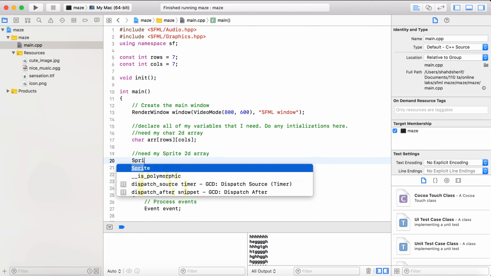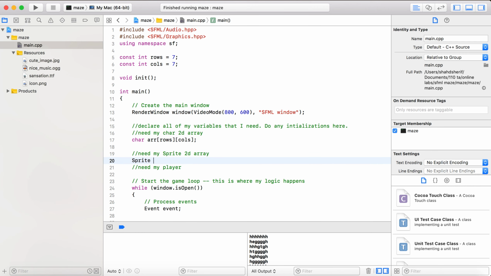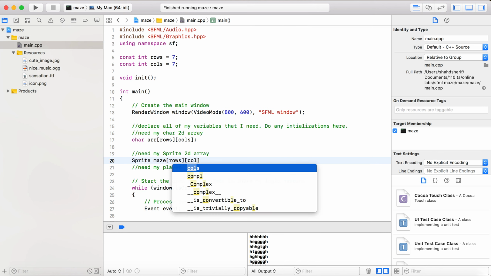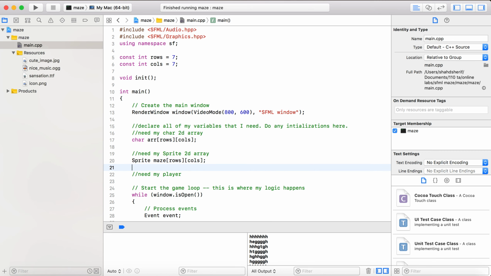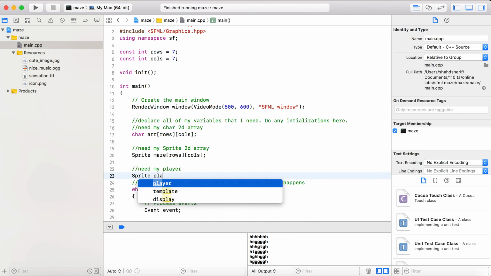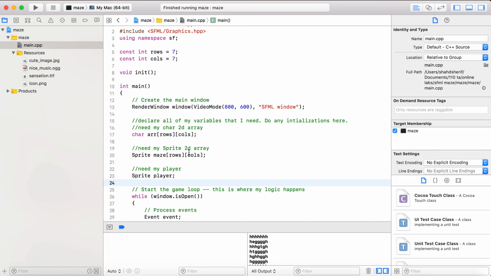The sprite. Let's call it, I guess, maze of rows and also columns. Okay. And then what else do we need? And my player is a sprite, we'll call it player. Okay. So for the initialization,